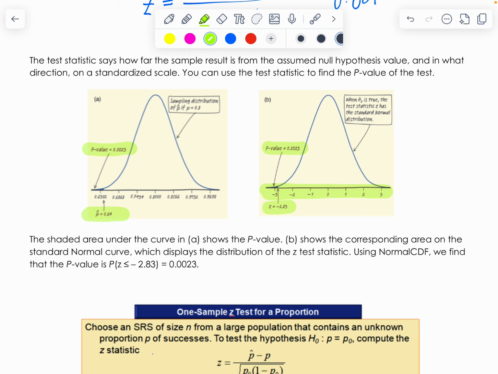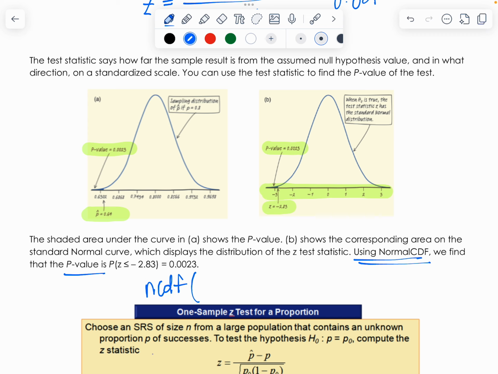That p-value correlates with the alternate hypothesis. So it says the shaded area under the curve in A shows the p-value. B, over here, shows the corresponding area on the standard normal curve, which displays the distribution of our z-test statistic. So we are going to use normal CDF to find any p-value, right? So we would say normal CDF,